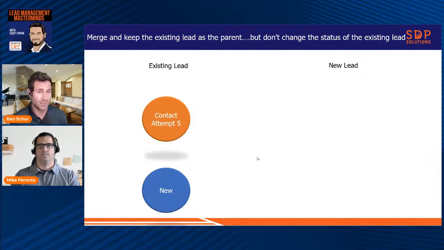But the good part about this is now when this lead is being worked, we can see that the new lead becomes the child, but all of those old notes are still there. So again, the pros and cons are kind of the reverse of what we talked about beforehand. Mike, any thoughts here in terms of when to use this? Yeah, absolutely. So there are actually several scenarios where you may want the existing lead to stay the parent.